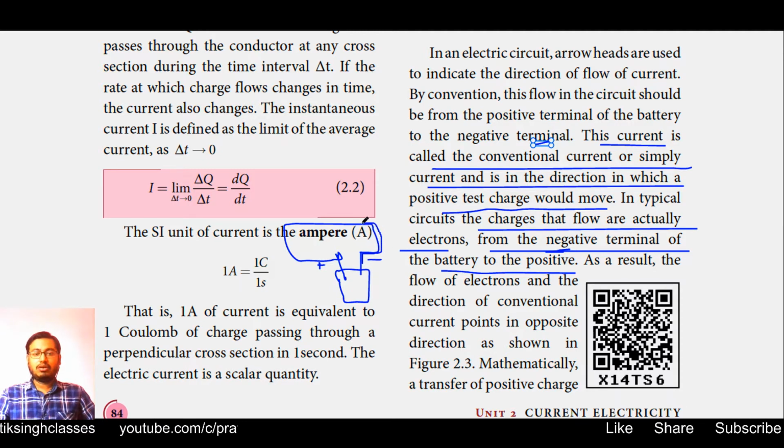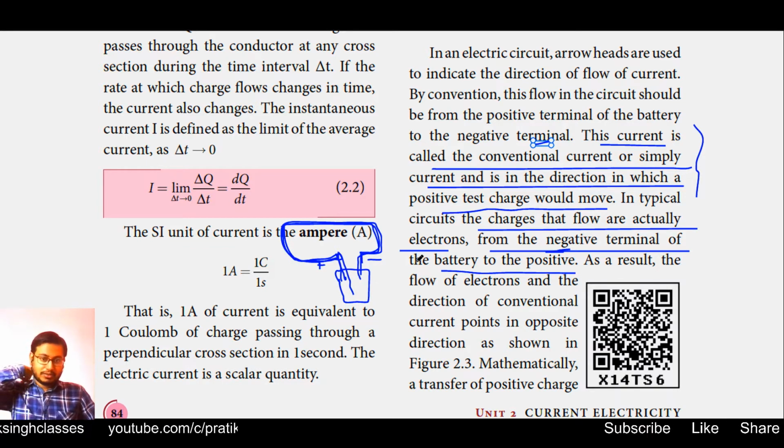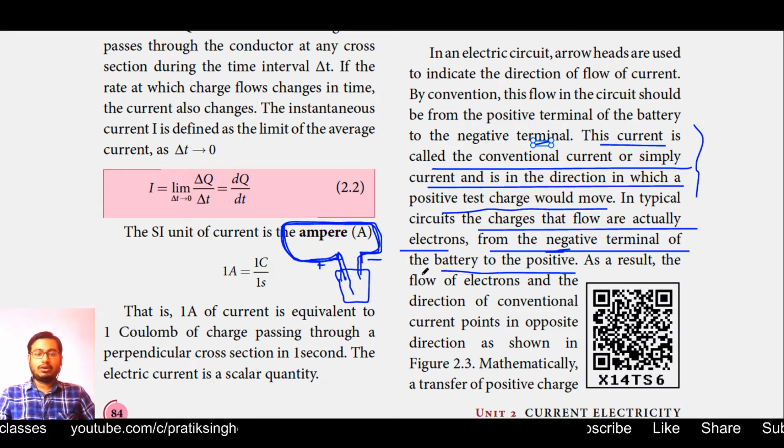It will go all around the conductor, again come back inward to the battery through the positive terminal. So this is the direction of flow of negative charges. But when we talk about positive charges, as it is given here, the positive charges move outward from the positive terminal, go all the way around the conductor and again come back to the negative terminal. But this is just the conventional way. Whenever we talk about the flow of current, we only mean the flow of negative charges.